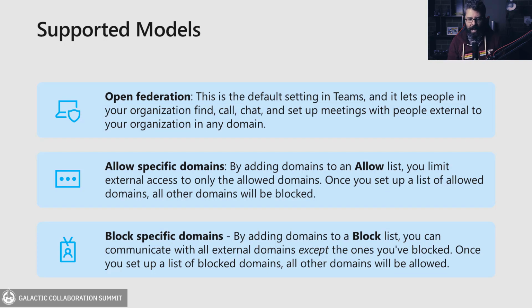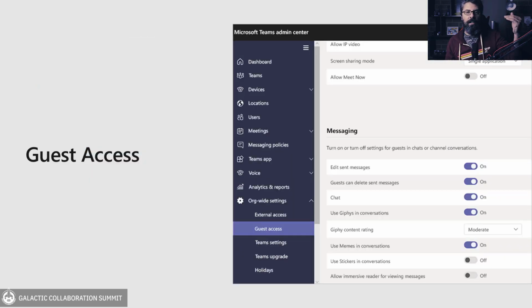And when we look at guest access, it's not only allowing people in, but what do you allow them to do? I'll give you a perfect example. I was on a call with a bank, and we were talking about modernizing their environment. And in that call, they were not allowed to share a document with me. But on the other side, the guy said, well, I'll just mail it to you. Something to consider, right? Because that doesn't only apply to what happens inside of